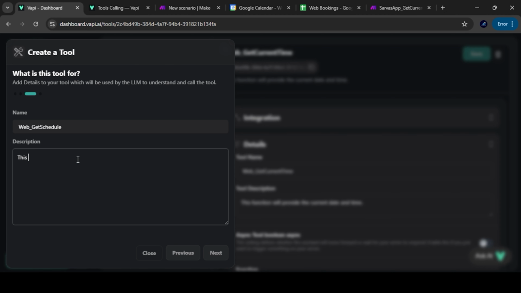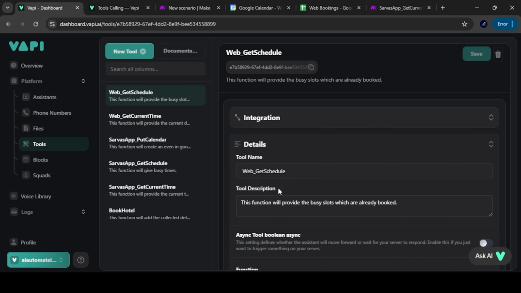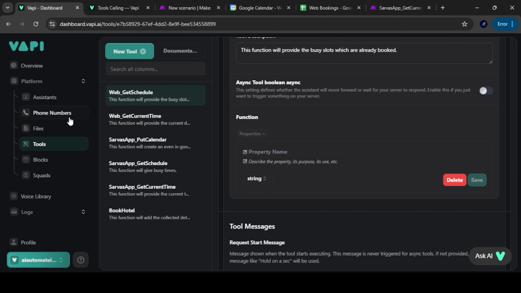This function will provide the busy times, busy slots, which are already booked. Done. Next, create. Okay, that's done. Our function is created.